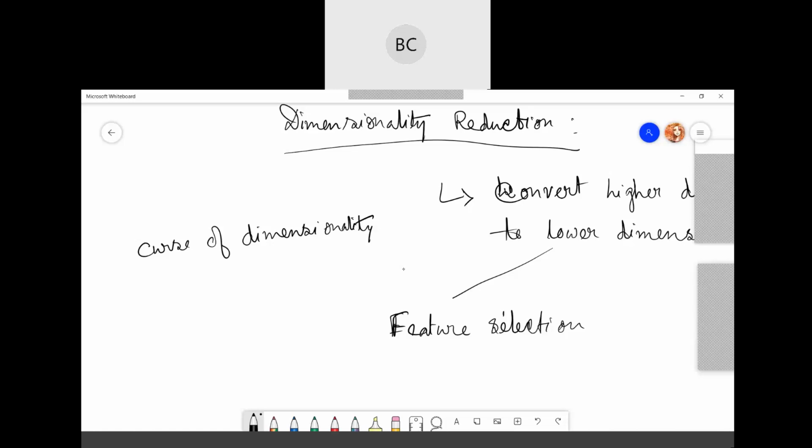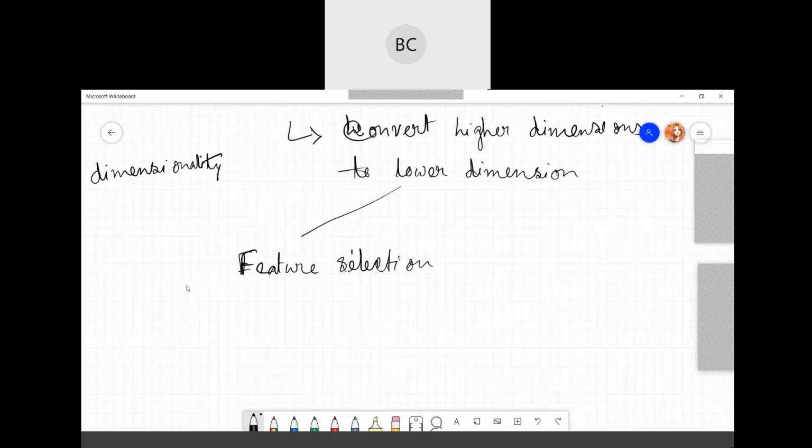So we need to apply dimensionality reduction processes. By reducing the dimensions of the features, the space required to store the dataset also gets reduced. Then less computation and training time will be required. Reduced dimensions of the features also make it possible to visualize the data quickly. One of the processes, as I said, is the feature selection process. That means you are selecting a subset of the relevant features and leaving out the irrelevant features, to increase the modality.